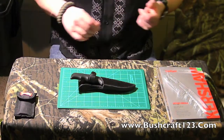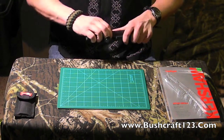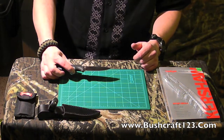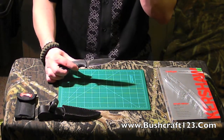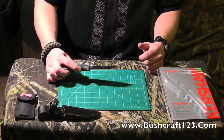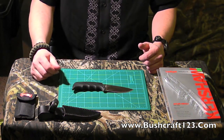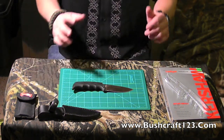So today what I have for you is a real quick review on a pretty sweet knife that I found the other day in a sporting goods store. Normally I'm not a huge fan of Kershaw knives, but this, it's pretty sweet. It's called the Kershaw Antelope Hunter 2, and it's a pretty sweet little knife for those medium